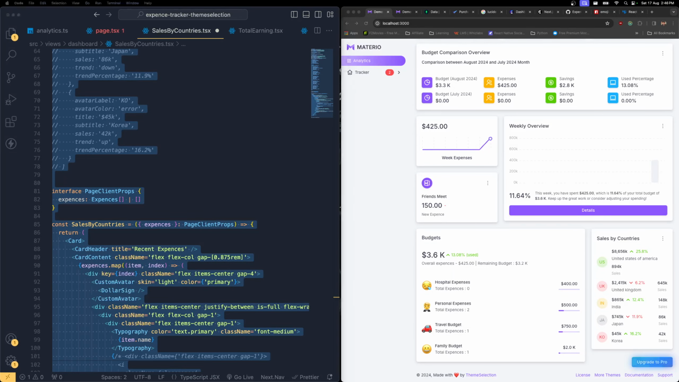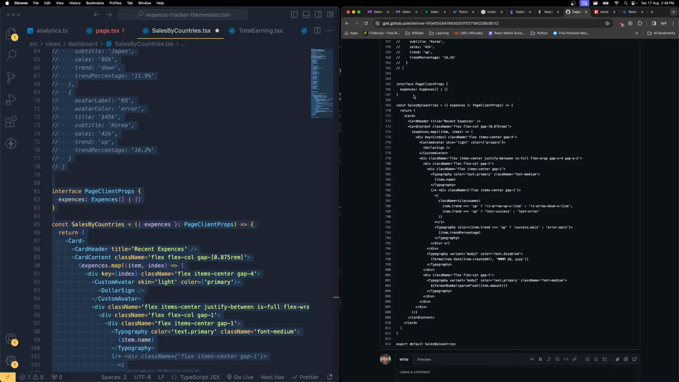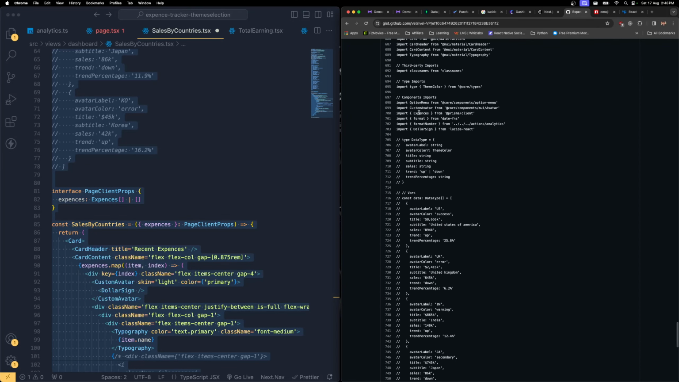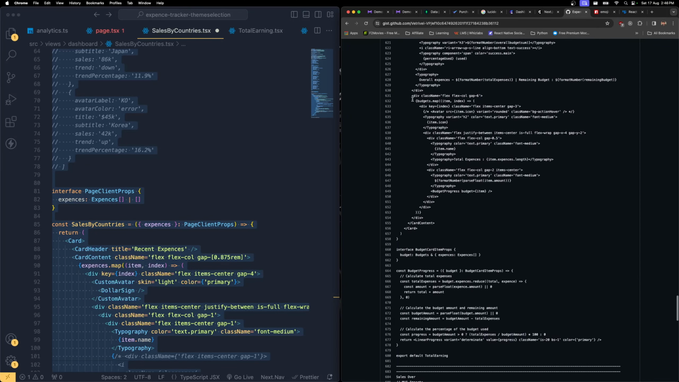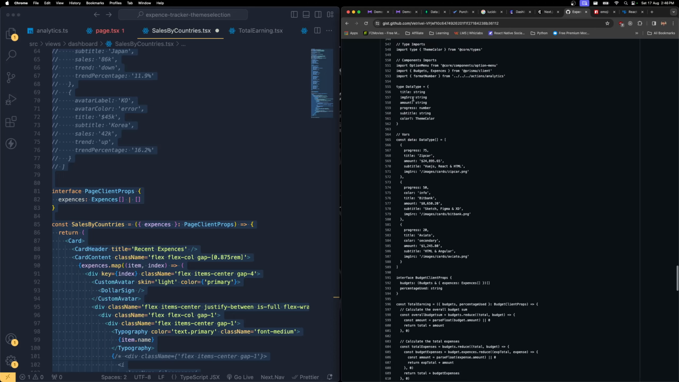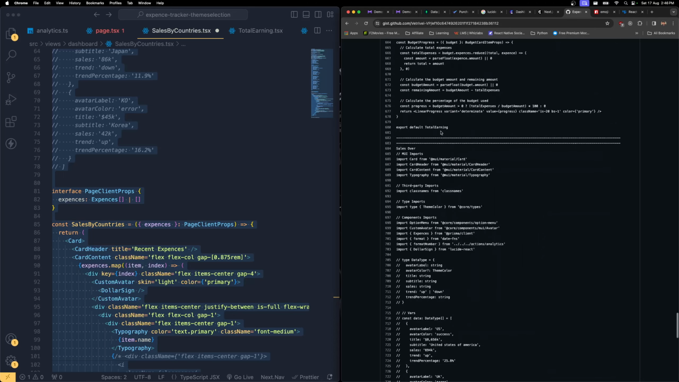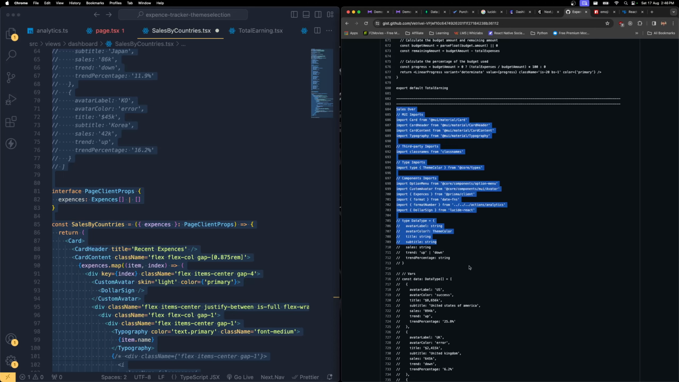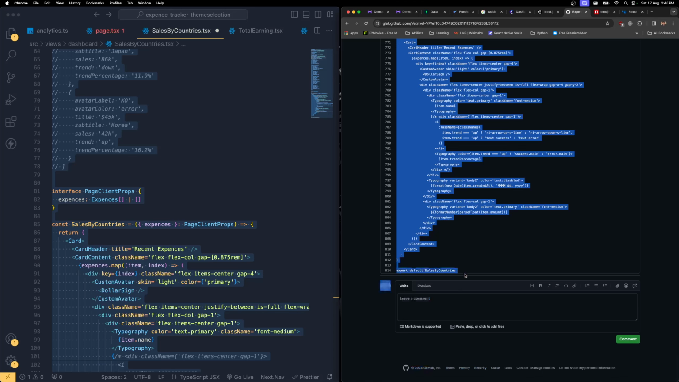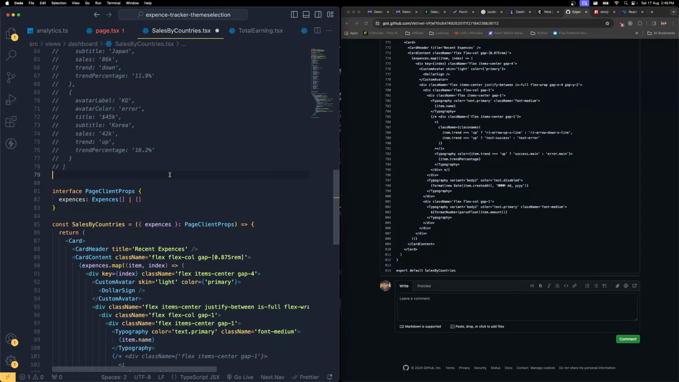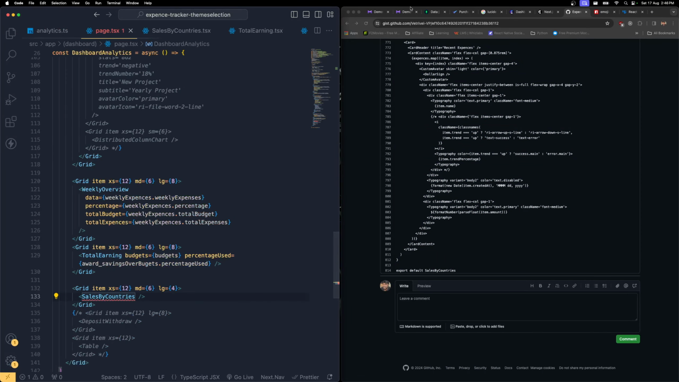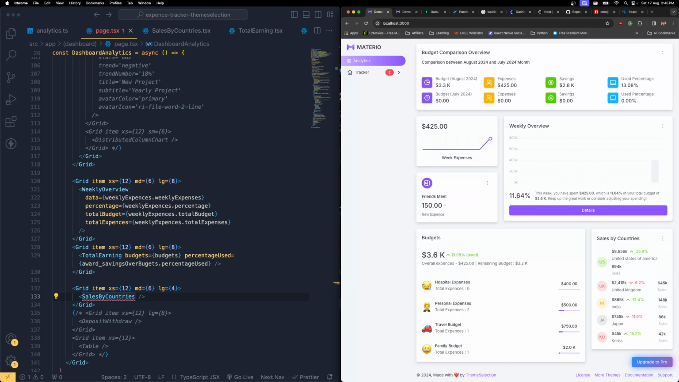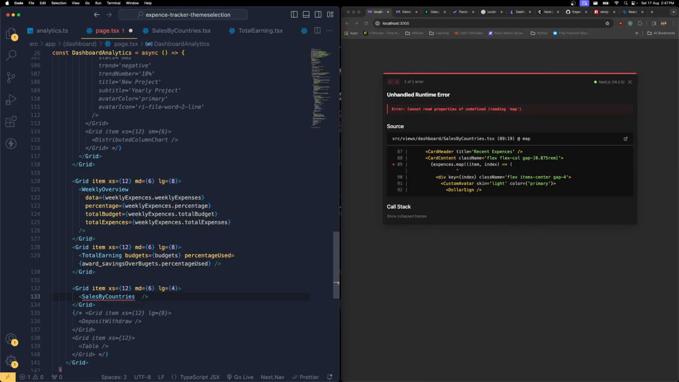This is what exactly I kept in the gist file. If you open it, you can see that right after this transactions, total earnings, you can find this sales overview. You can simply copy it and paste it over here. That's it. Okay, then let's get back to the page.tsx, and for the sales by countries, all I have to do is to change